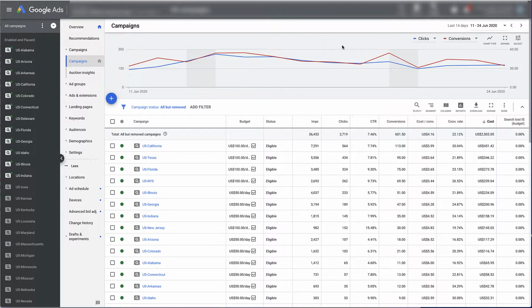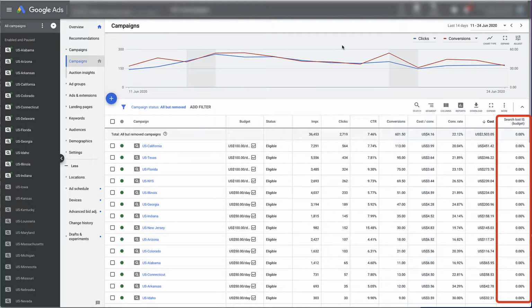So as you can see around my account now, all of my campaigns are out of learning, so the status is showing them all as eligible. I've upped some of the budgets up to $100 a day. All of the other ones that I've set live are down at $50 a day at the moment. And if you look over there to the right, you can see I've added a column here called Search Lost IS Budget. Now, what that really shows us is whether I'm losing any clicks or impressions to my competitors based on the budgets that I've set, and you can see that it's at 0,